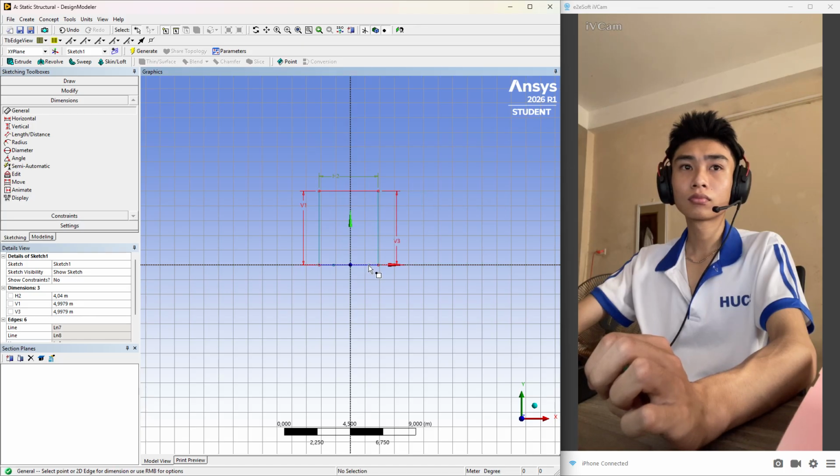Do this carefully. We have the dimensions with us. This horizontal line is